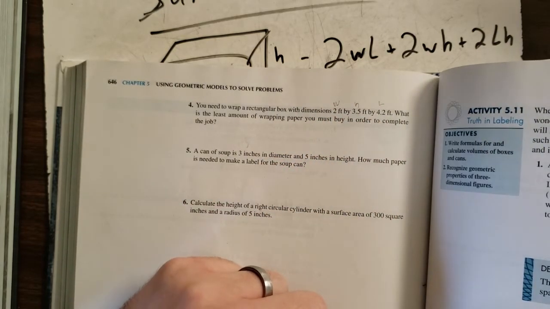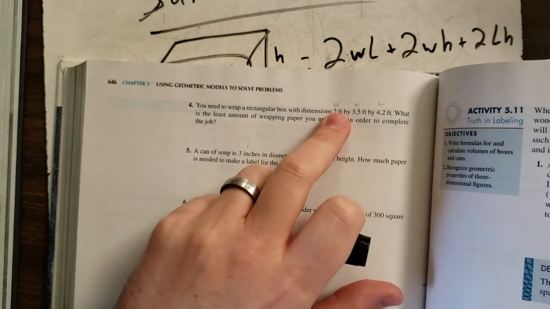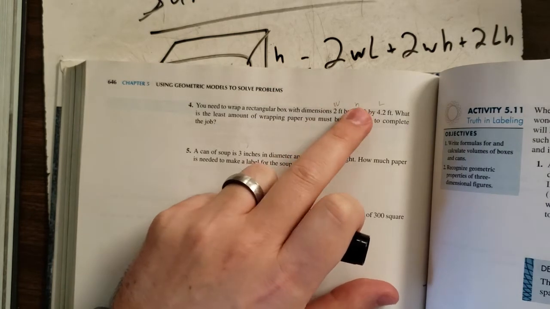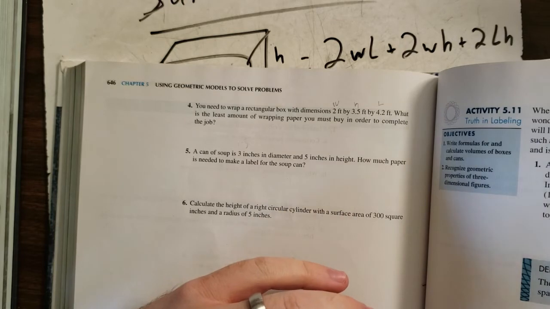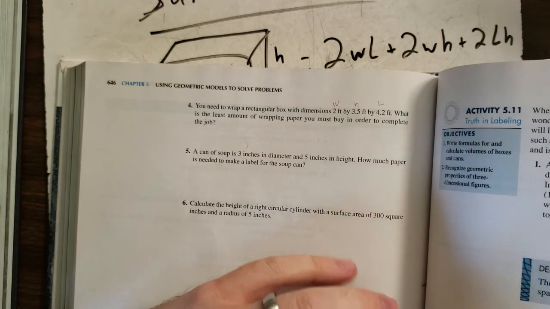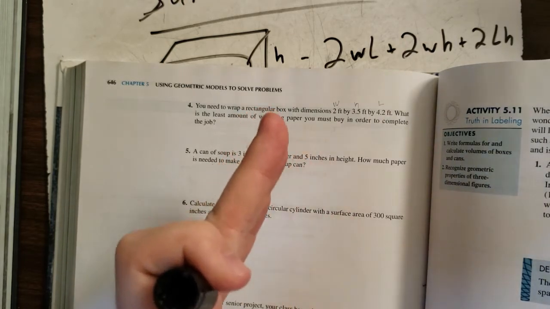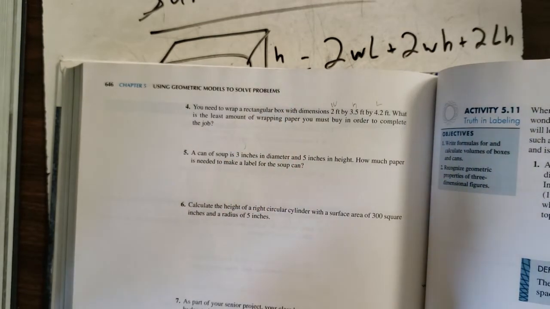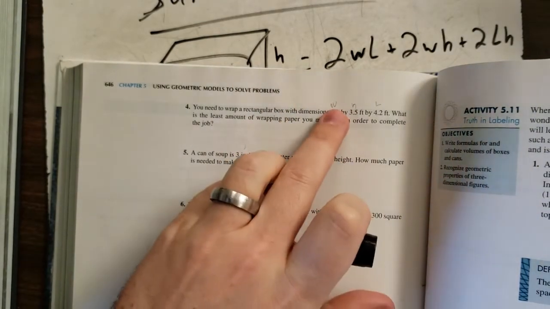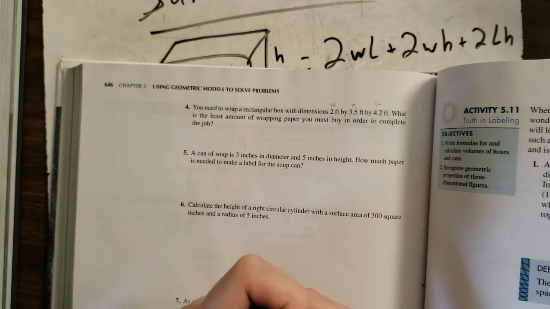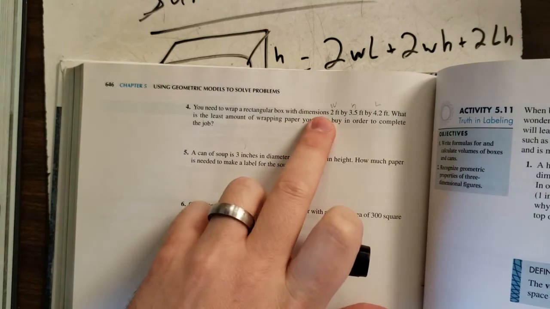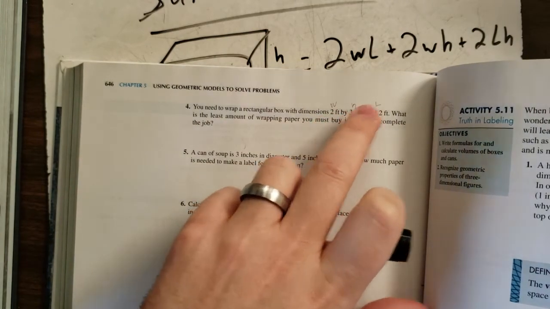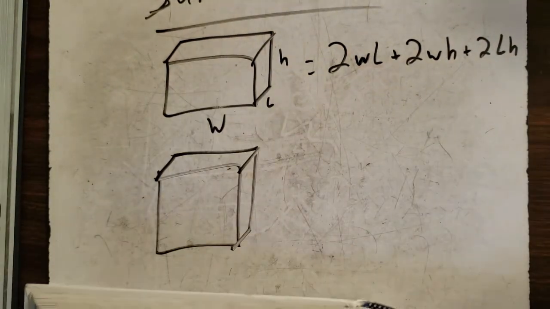Now, as you see in the book here, someone already labeled this as width, height, and length, and that's fine. When you're given 3 numbers, like 3 sides of the box, the width, length, and height, it doesn't matter which one's which, as long as you just know that they're each a thing. You can label them whatever you want. This could be height, length, and width if you really want it to. It doesn't matter, because you're all going to multiply and add them up at the end anyway. So it really doesn't matter. So let's just label it what this person did in the book here: width, height, and length. So if we did that,